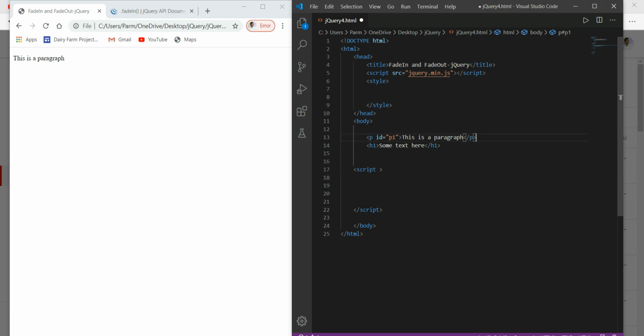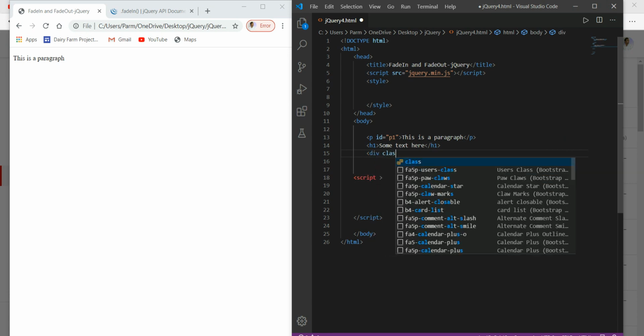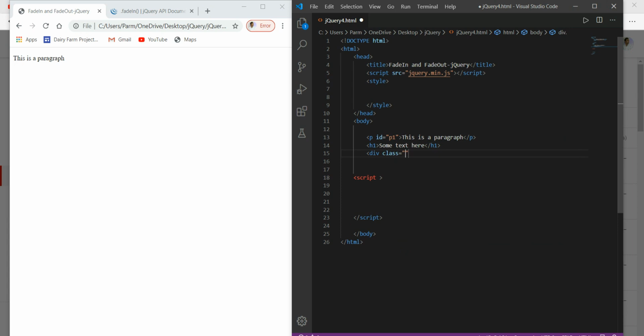And along with that I would like to have some color boxes, so I go with a div, and this time I will go with class, I will say it's square underscore green.